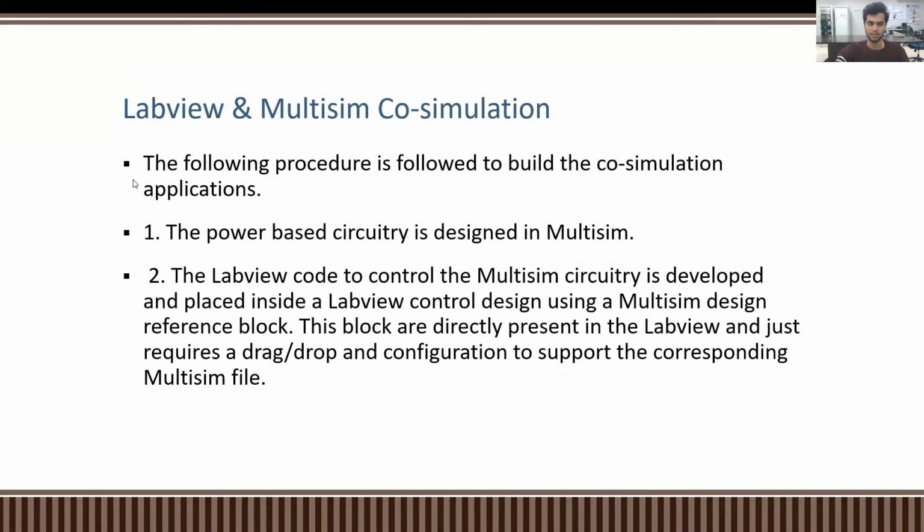This is the whole theory. So we will have many circuitries down there in the next slides. We will discuss this, right? So first, we have done that we co-simulate Multisim with LabVIEW,